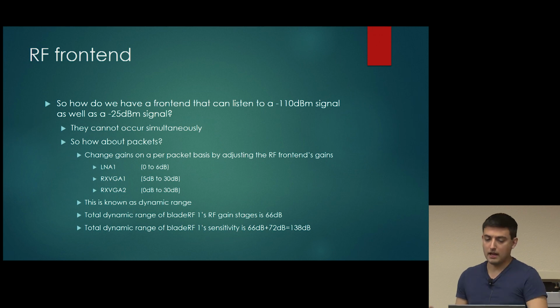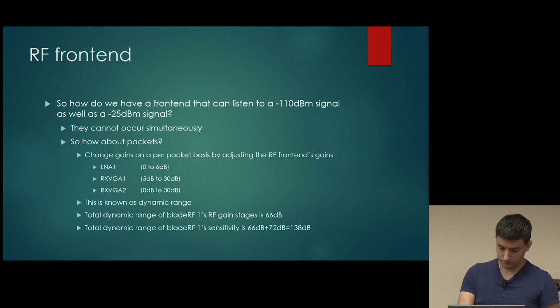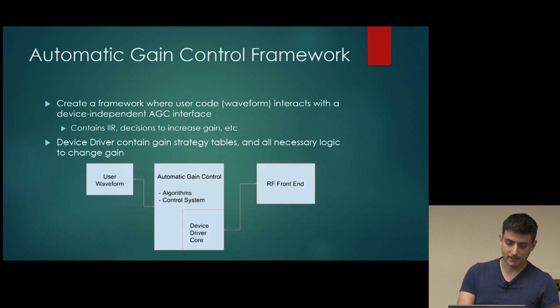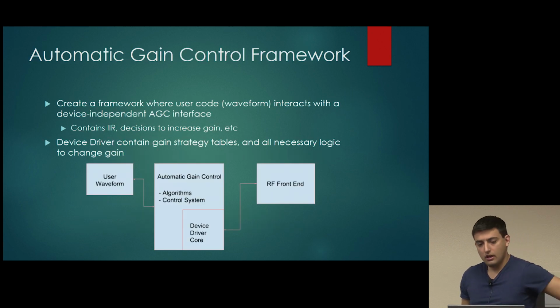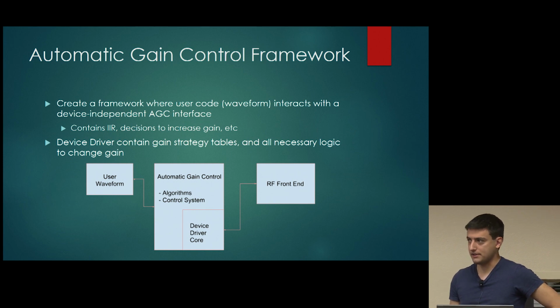And when you add up all the gains between their mins and the max, you can achieve a total dynamic range of about 66 dB for the LMS6. Coupled with the static range, that's about 138 dB of total gain range, or visibility range, for the LMS6. So we kind of designed an AGC that targeted the LMS6 specifically at one point, but then we were like,